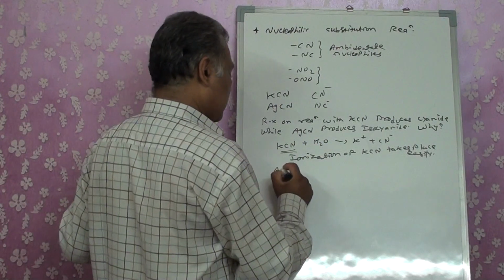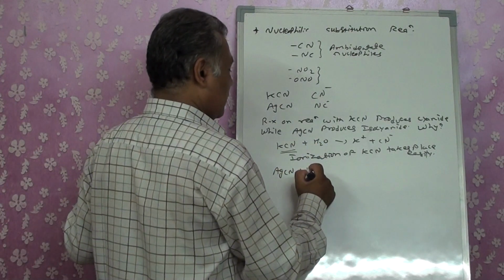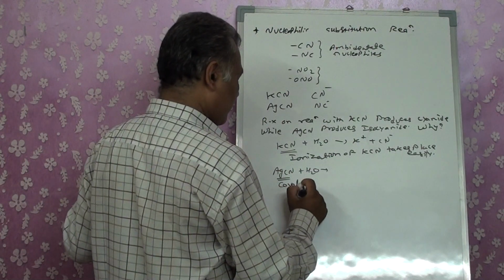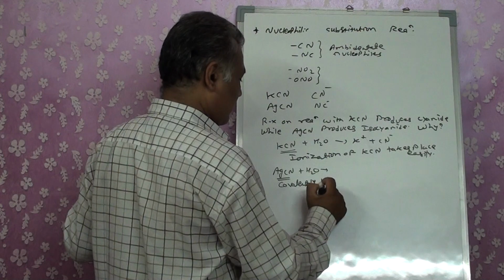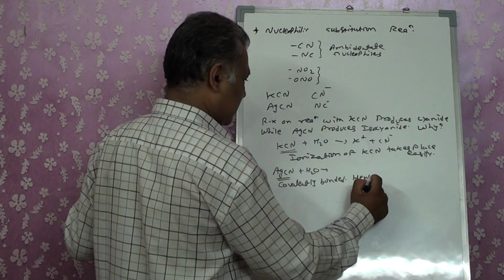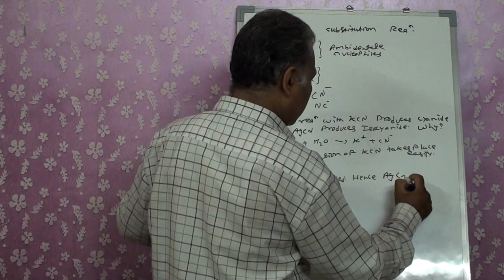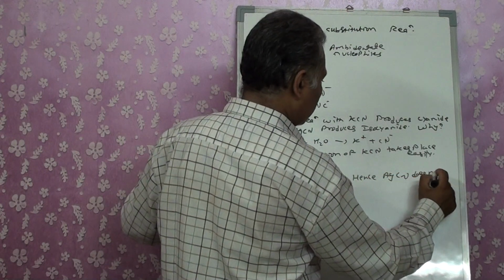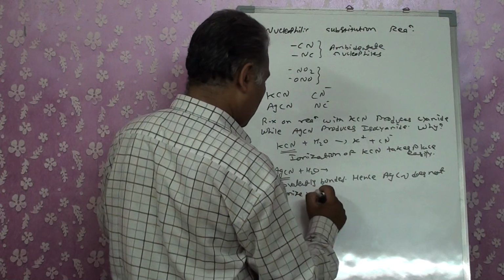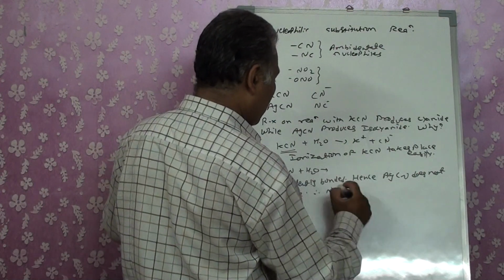But when I take AgCN with water, it is covalently bonded. Hence, AgCN does not ionize. Therefore, N goes for